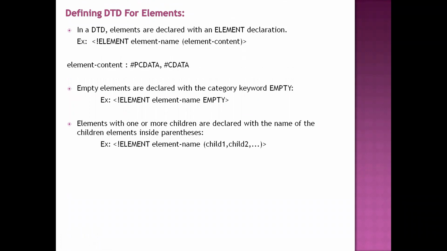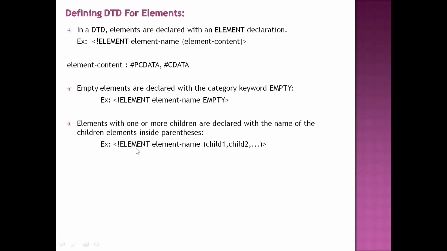Now, suppose one of the elements has multiple child elements. In the previous example, we saw one XML document for a book. If you want to specify the root tag, or any tag that contains child elements, that kind of element we call a complex element. To declare complex elements, we use this kind of structure.